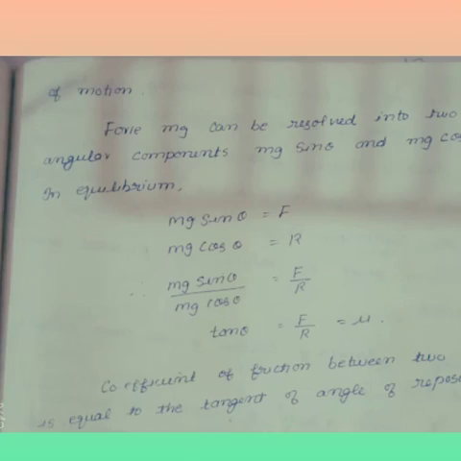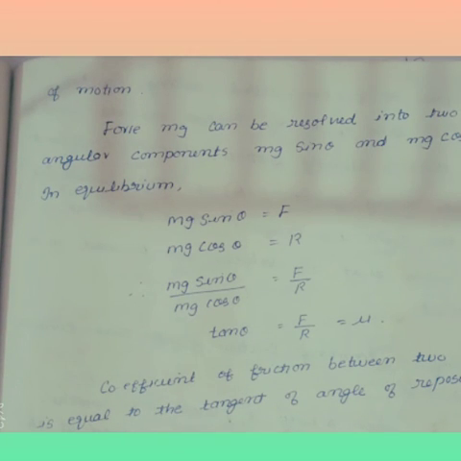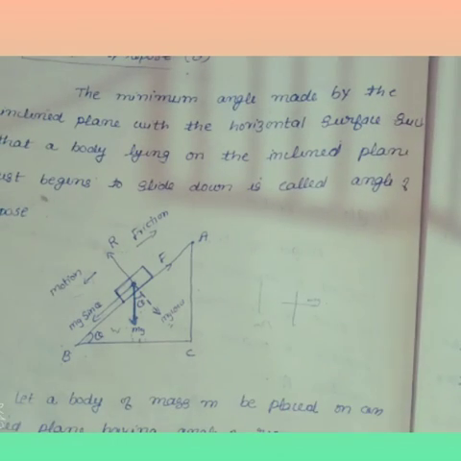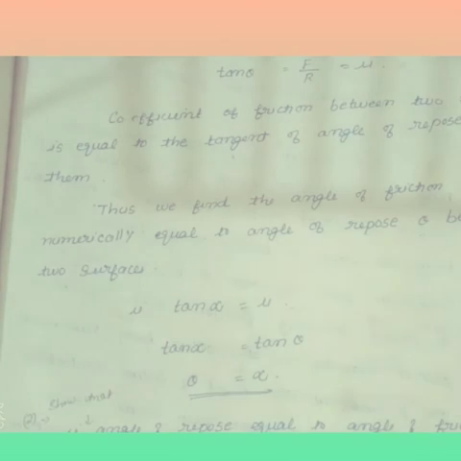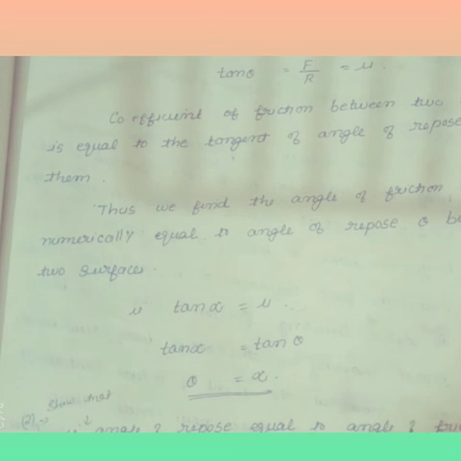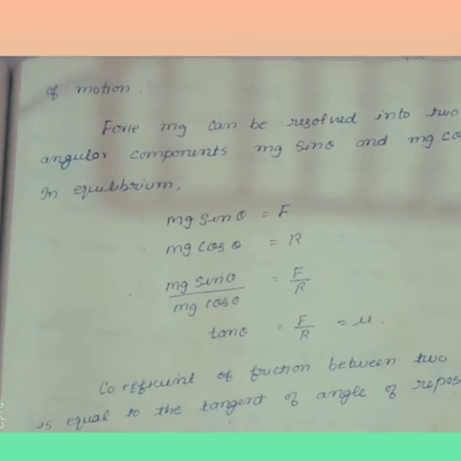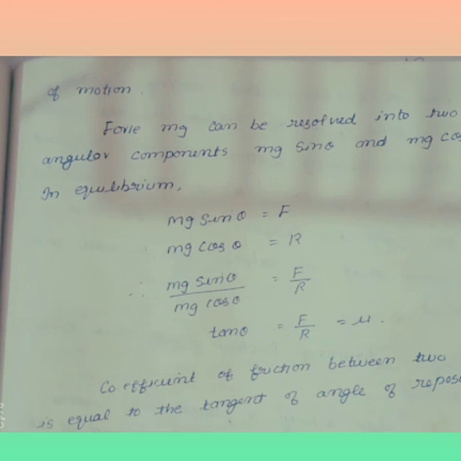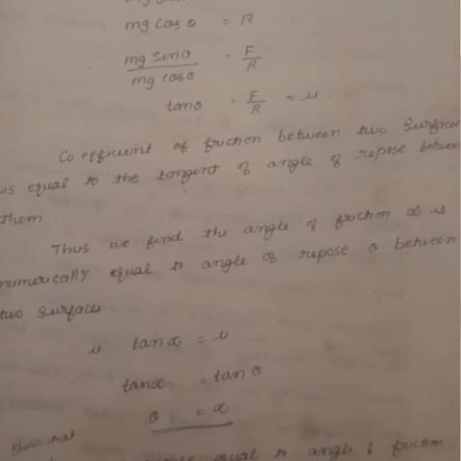Now you can write mg sin theta is equal to F, and from the figure mg cos theta is equal to R. Then divide these two equations: mg sin theta divided by mg cos theta is equal to F by R. F by R is mu. That means tan alpha is equal to mu, and also tan alpha is equal to tan theta. That means alpha is equal to theta. That is, the angle